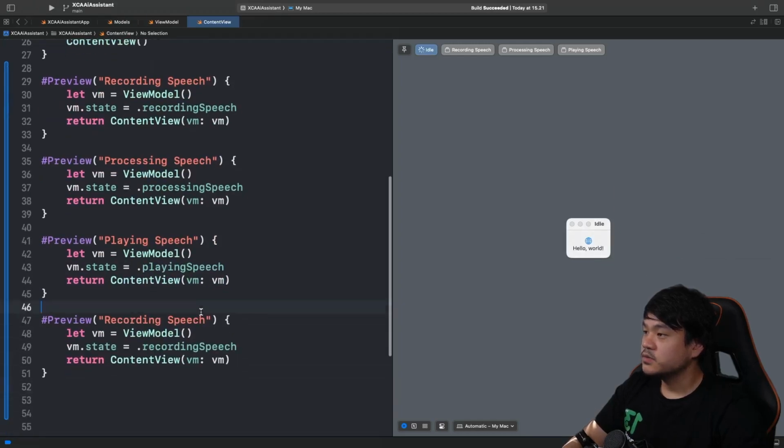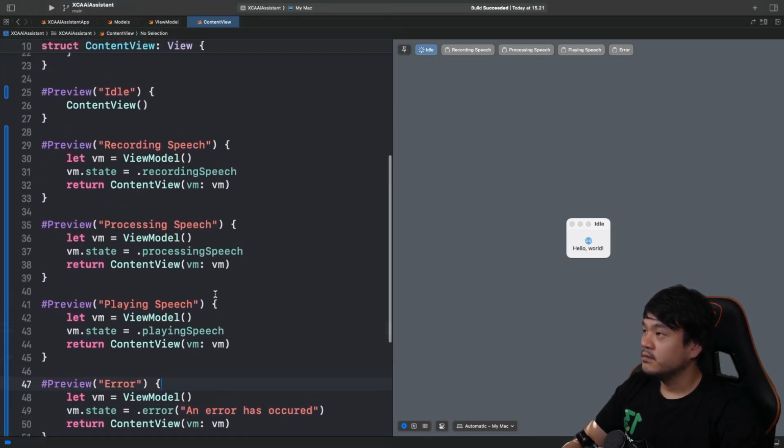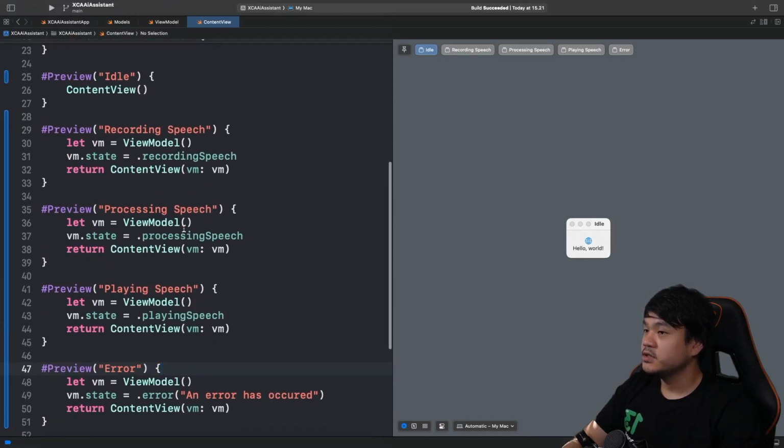And the last one is going to be error. Let's set the error and then just pass this error, an error has occurred. Okay, now we have all 5 previews for each of the states of our application. If you see here, we can switch between all the previews. Okay, now let's begin.